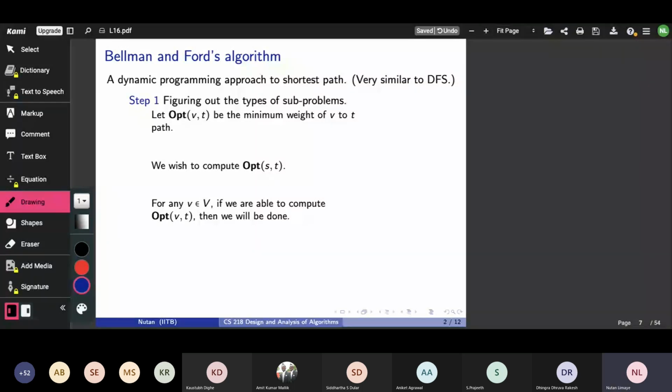So these are going to be our subproblems. You could have come up with many other types of subproblems, but this is what we are coming up with. In terms of problems over sequences and strings, this may be thought of as a kind of problem where we are considering suffixes. But that's just an analogy. Concretely speaking, we try to compute recursively values for opt of v comma t. So if this is my subproblem, how should I define my recursion?